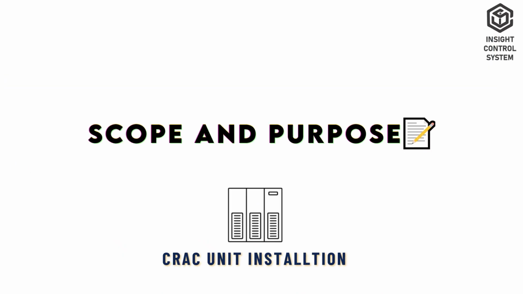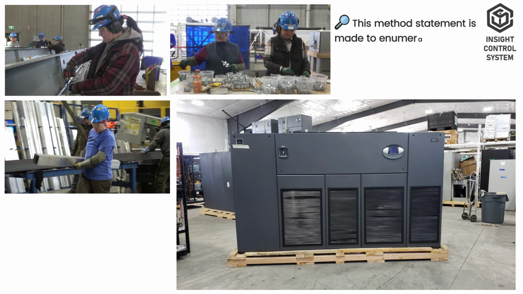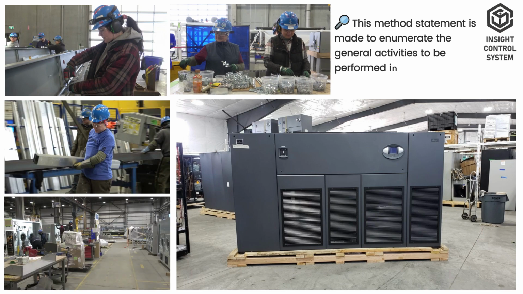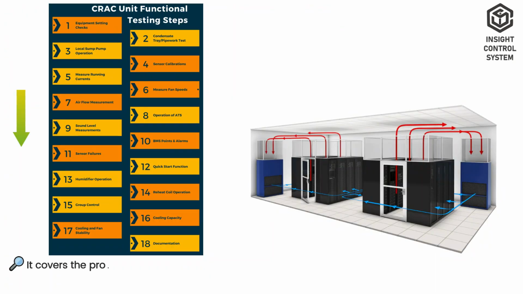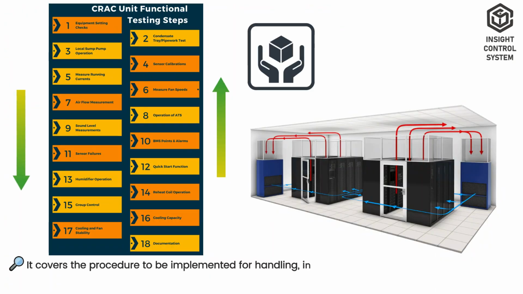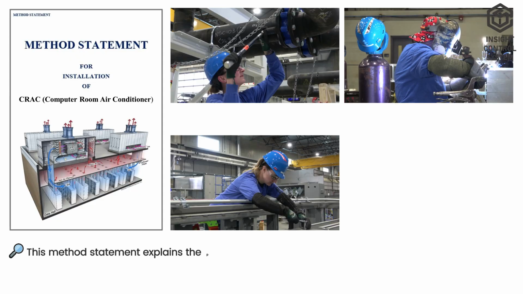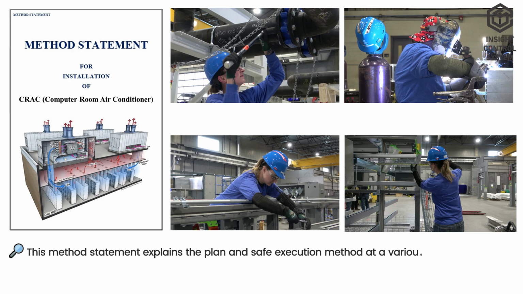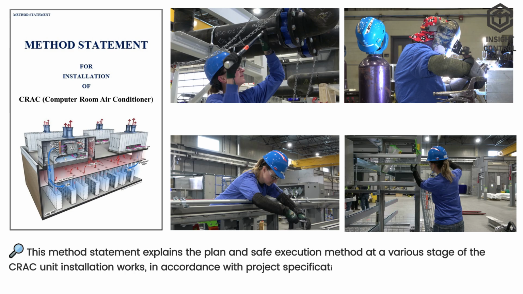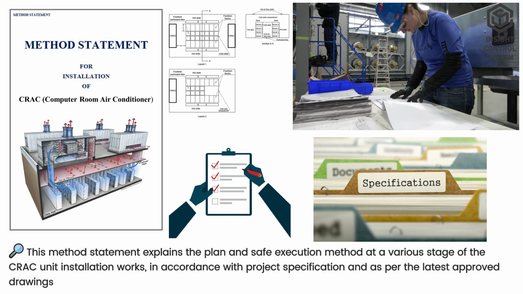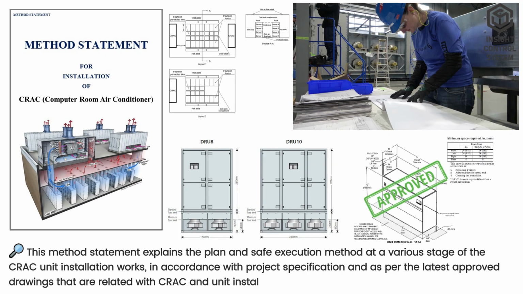Scope and purpose. This method statement is made to enumerate the general activities to be performed in mechanical system works for the CRAC project. It covers the procedure to be implemented for handling, installation and inspection of CRAC unit installation works. This method statement explains the planned and safe execution method at various stages of the CRAC unit installation works, in accordance with project specification and as per the latest approved drawings that are related to CRAC unit installation